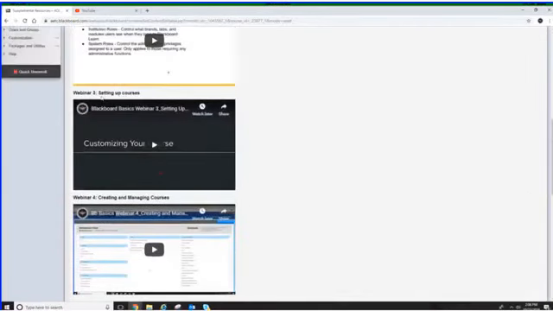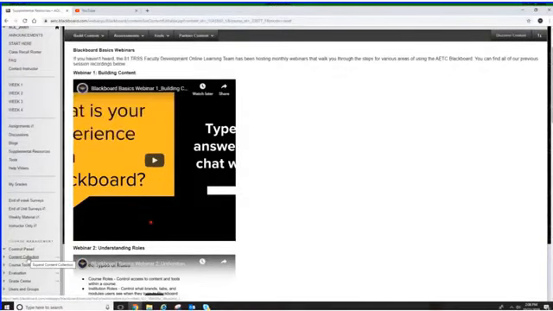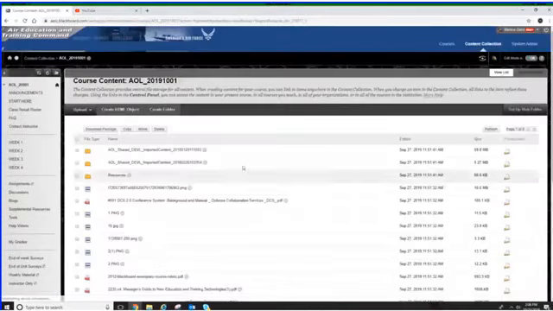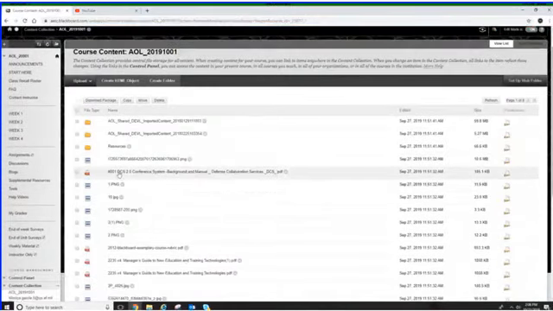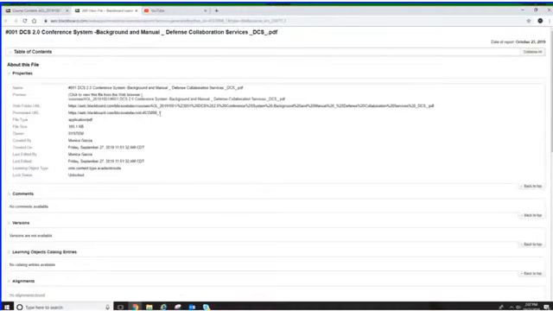What you're going to do is go into your content collection and go to the course content collection. And you're going to make sure that whatever document you are loading is uploaded as a PDF. So I'm going to pull up our DCS 2.0. You then go to your 360 view, find your permanent URL, copy that,